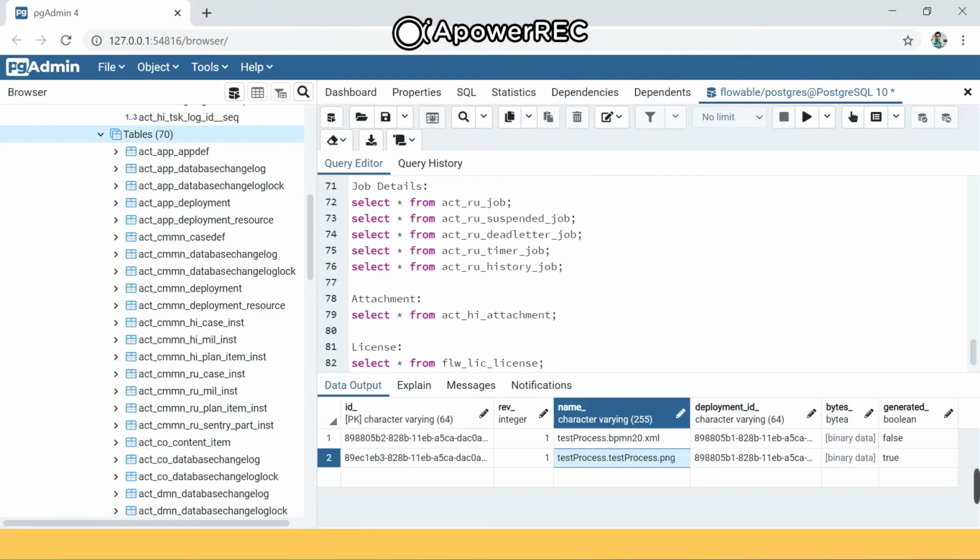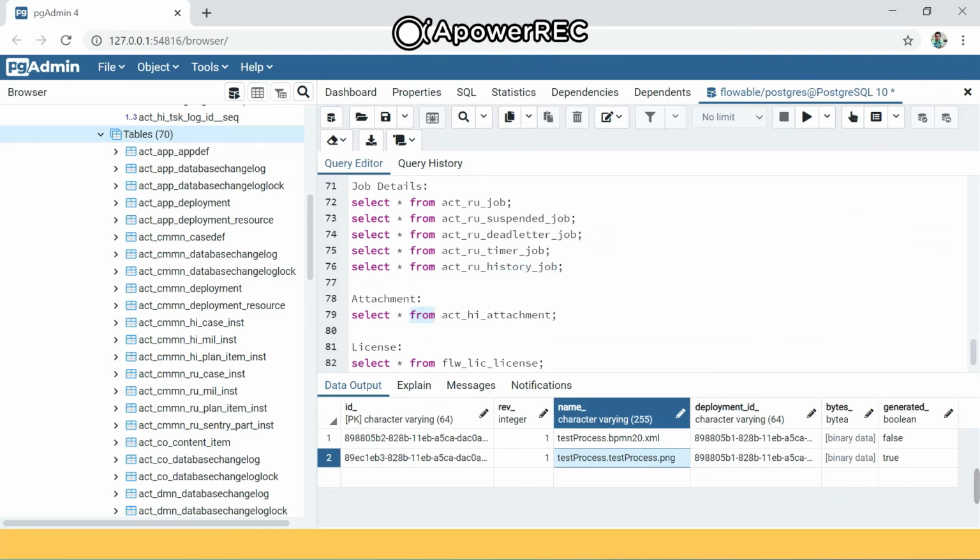Then we have the details for the jobs. Whatever jobs have been scheduled, we can get the details in ACT RU job. Suspended jobs we can get from the suspended job table. There are dead letter jobs which are not active, and these details we can find in the ACT RU dead letter job table. If we are using any timer activity in our process, the details of timer related jobs we can get from the timer job table, and there are history related jobs as well, which we can find in the history job table.